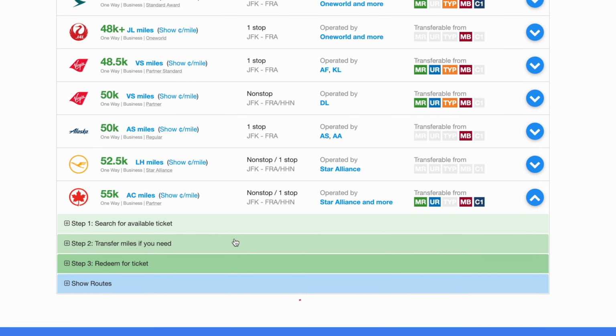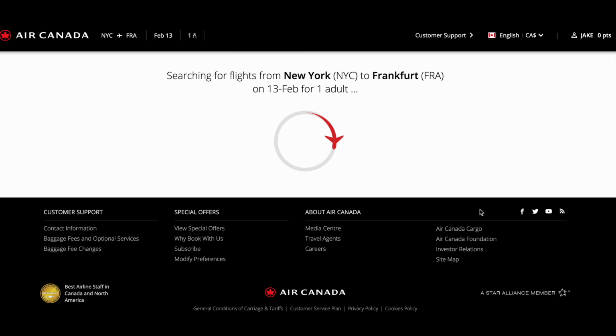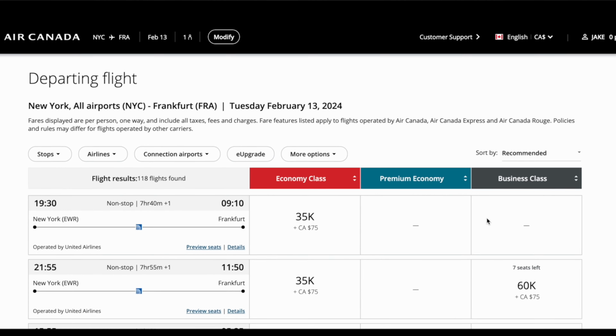I'm going to go ahead and choose Air Canada's Aeroplan since it's such a great way to book flights, and I really like using them. Okay, so I'm just going to pick a random date far enough out where we're going to be able to get that award availability, and it looks like we're going to be booking a United flight through Aeroplan,